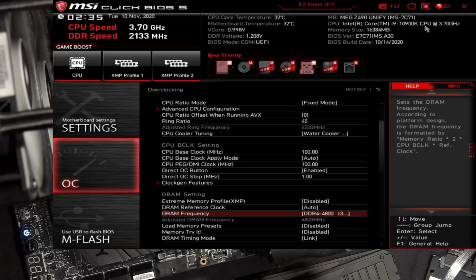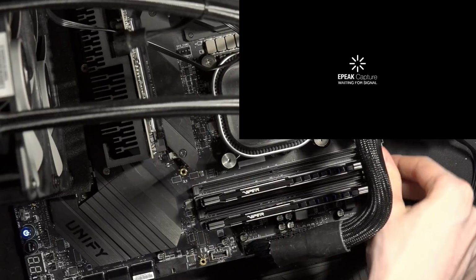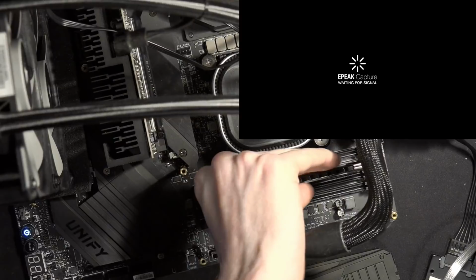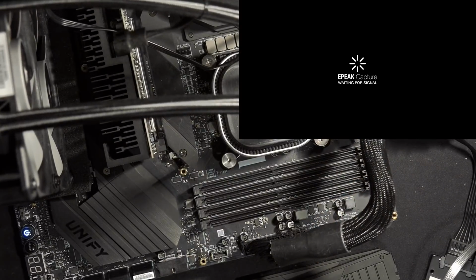So I'm just going to shut this down, which that stuff is actually going to boot 4800, but I'll be very surprised if we can run anything. So, let's pull the Vipers out. There we go, and I guess I'll show you how you can sort of tell, at least for consumer memory sticks,